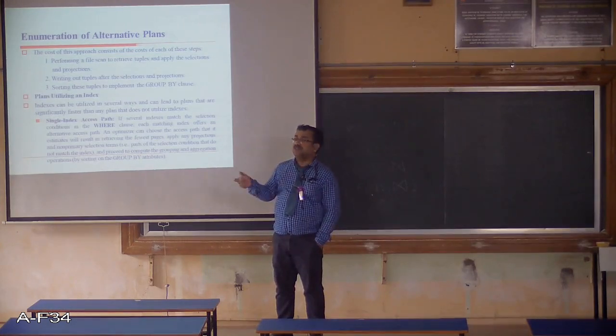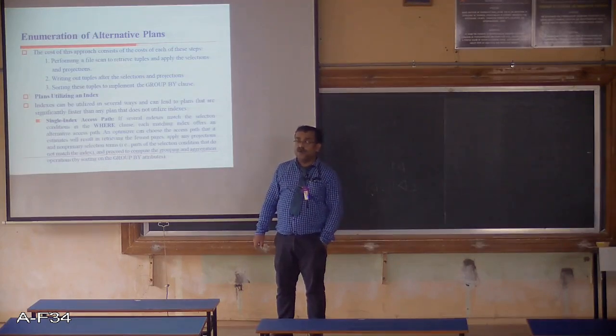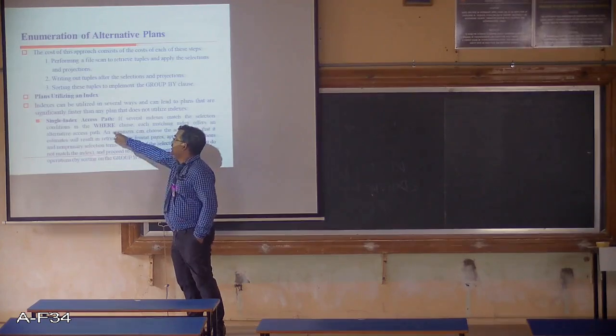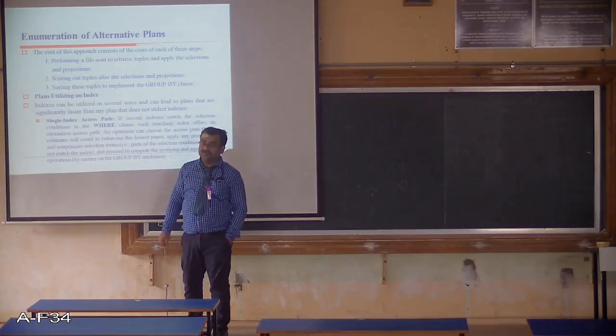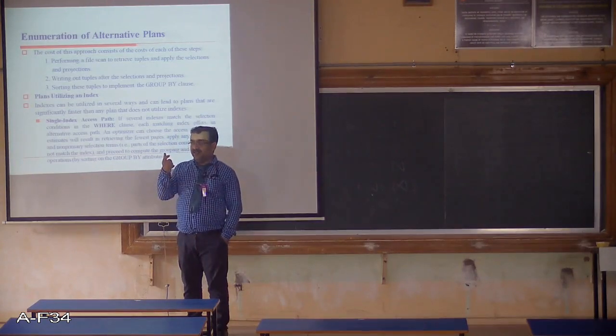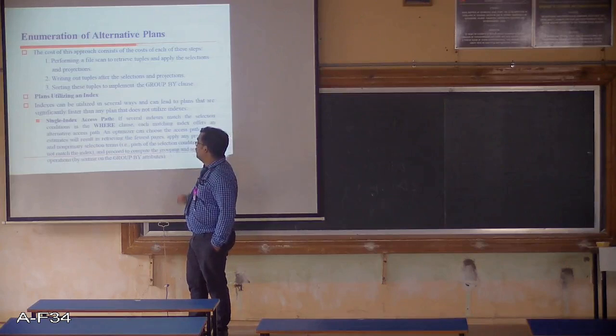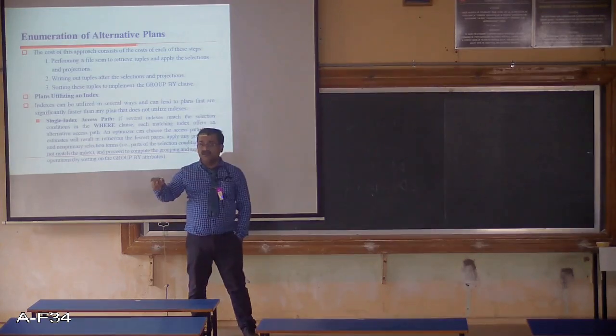Okay, consider those attributes which are mentioned in the selection operations in the where clause. If several indexes match the selection condition in the where clause, that is, there is a where clause operation mentioned and you have more than one index available, what will the optimizer do? It will go for all those different